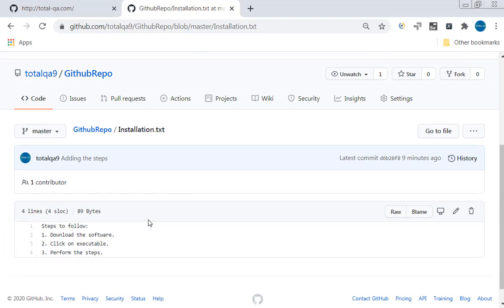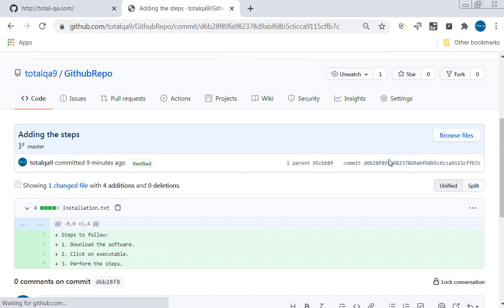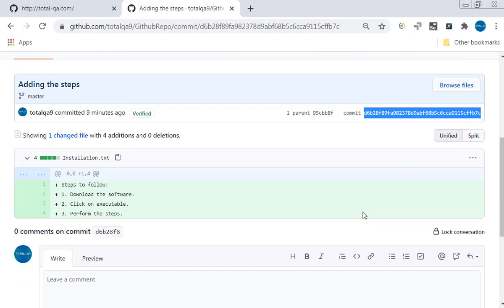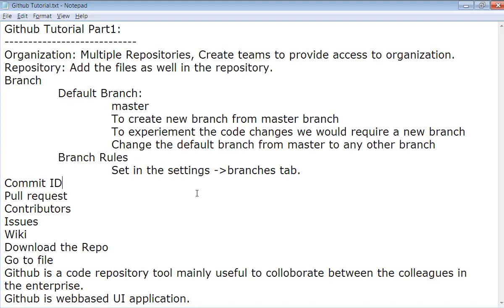That's the first commit ID. Let me click on this. See here, this is the commit ID. That's the first commit ID that is generated when you add a file. So this I'll maintain here.